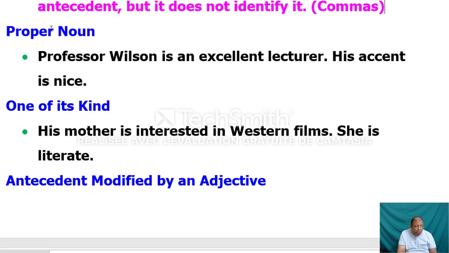The first one, proper noun. So Wilson is a proper noun. Whenever we have a proper noun, the adjective clause becomes non-restrictive. So the answer, let me try to read the sentence. Professor Wilson is an excellent lecturer. His accent. So his, it refers to Professor Wilson. So in this case, the answer is going to be Professor